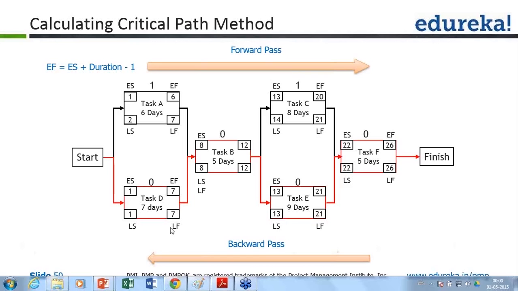Okay. If you look at task D, no matter what path it is using, forward pass or backward pass, it has to start on day 1 and it has to get over on day 7. It cannot afford even a single day of delay. There is no buffer here. There is no float here. If this task gets delayed, your overall project finish date will also get impacted. Your next task, B, will get impacted, and your finish date will get impacted. You will not be able to finish this on day 26. So that's why this will be identified as a critical task, and all the critical tasks will form your